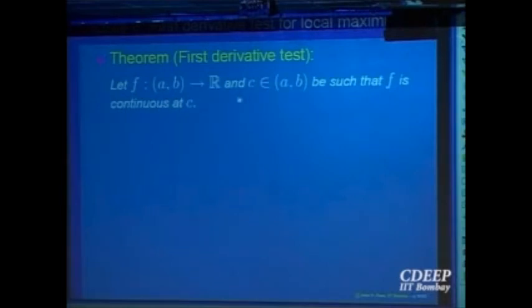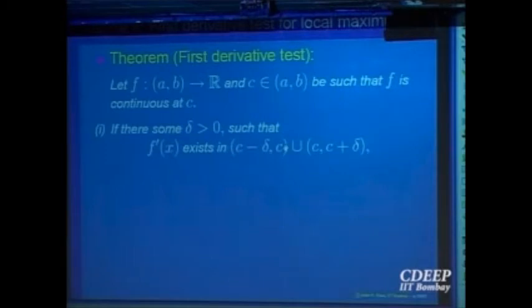Suppose a function is given and it is continuous at the point C. We want to apply the continuity test. Now only increasing and decreasing is interpreted in terms of the derivative. So put the condition that there is a neighborhood so that the derivative exists. We don't want differentiability at that point. We only want on the left of C the function should be increasing, on the right of C the function should be decreasing in the open interval. Only we want that, right?